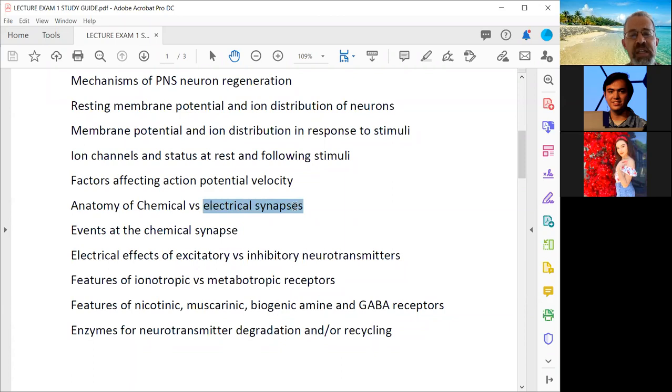Electrical synapses, in contrast, have cells that are communicating with each other through gap junctions, where ions go from a presynaptic cell directly into a postsynaptic cell. All right,